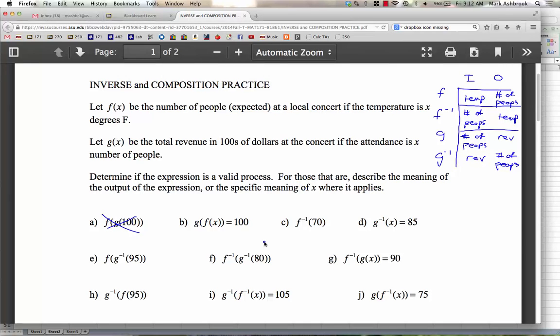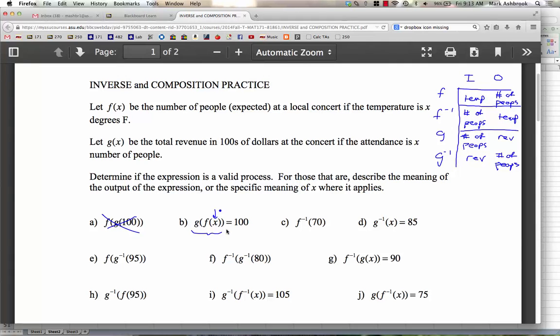Okay? G of F of X equals 100. Output of F is number of people. Input of G is number of people. Okay, we got a match, right? So this will work. So what's that X represent? That's a temperature that will result in